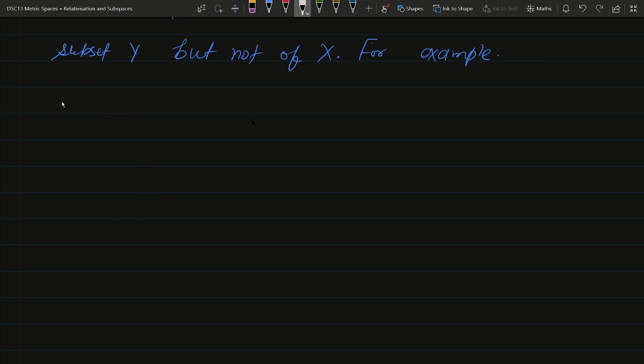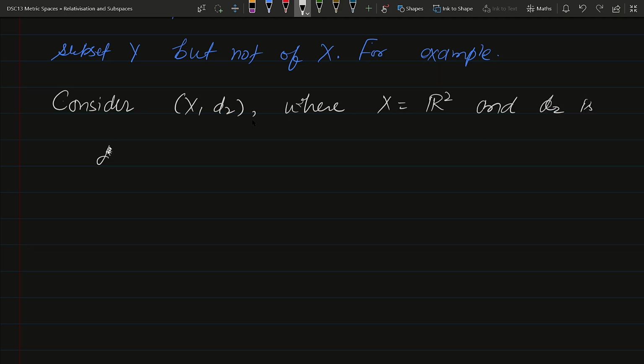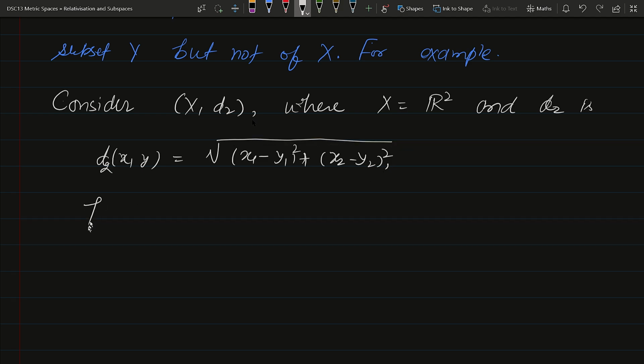For example, we consider (X, d), where X is R square and d2 is d2(x, y) equal to square root of (x1 minus y1) square plus (x2 minus y2) square, and this is defined for x equals (x1, x2) and y equals (y1, y2) in R square. ठीक है,